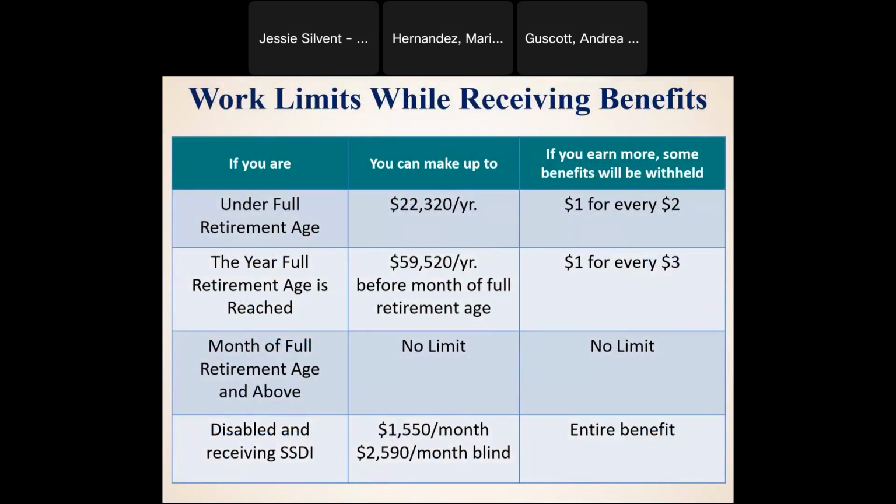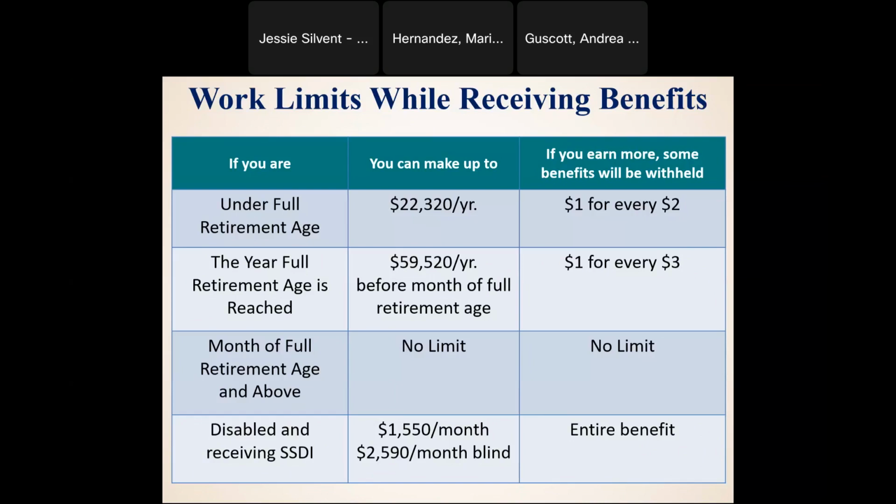So there's different types of work limits for anyone who is receiving a benefit. It can vary depending on the age and the type of benefit that someone receives. Now, anyone receiving a retirement, survivors, or family benefit from the SS program who's under their full retirement age will be subject to an annual earnings limit of $22,320. We look at the calendar year, January to December, when evaluating how much someone has earned. So should someone earn over that limit, Social Security withholds $1 back for every $2 exceeding that limit.